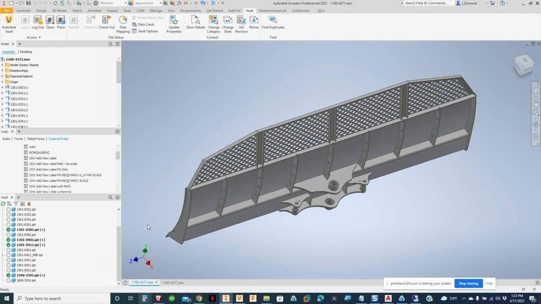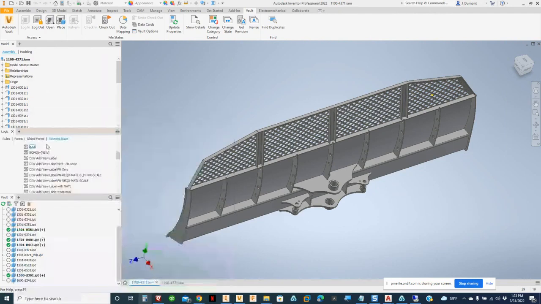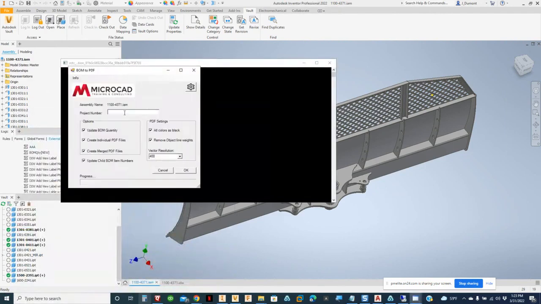So the way we do that is, let's think of the job number. I'm just going to use something like an MTC number. I'm going to go into my BOM to PDF. So the project number is going to be MTC-005. And what I'm going to do here, this was actually requested from one of our other customers that are